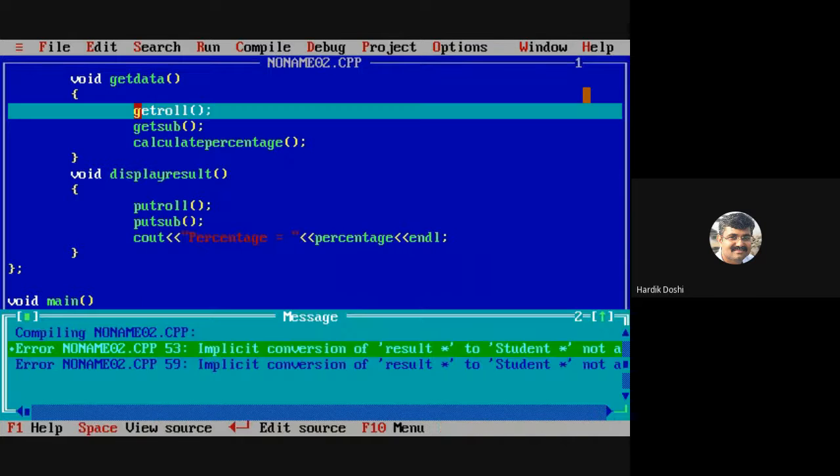Two errors are there. Implicit conversion of result star to student star is not allowed.